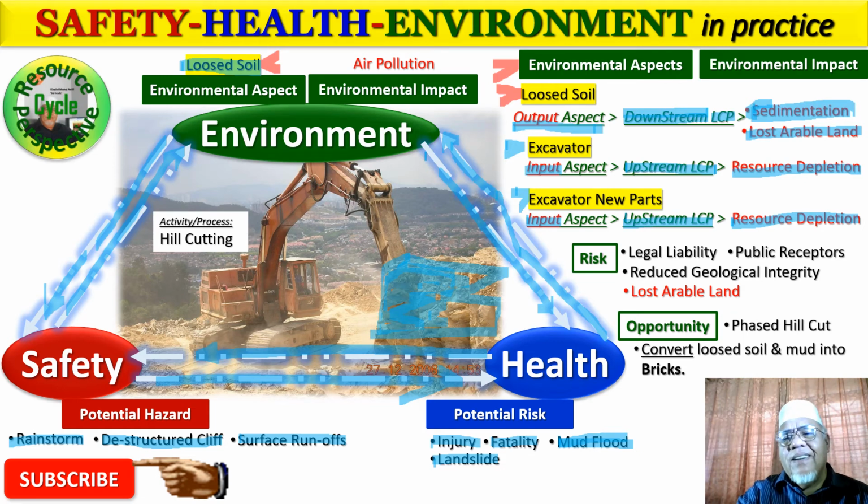All right, let's take a look at the risk part of this particular activity. Of course, there is legal liability of atmospheric pollution. There is a law for that. Soil contamination. You could have leaks from this excavator everywhere it goes. You know that better than I do. And there is some risk to public receptors,